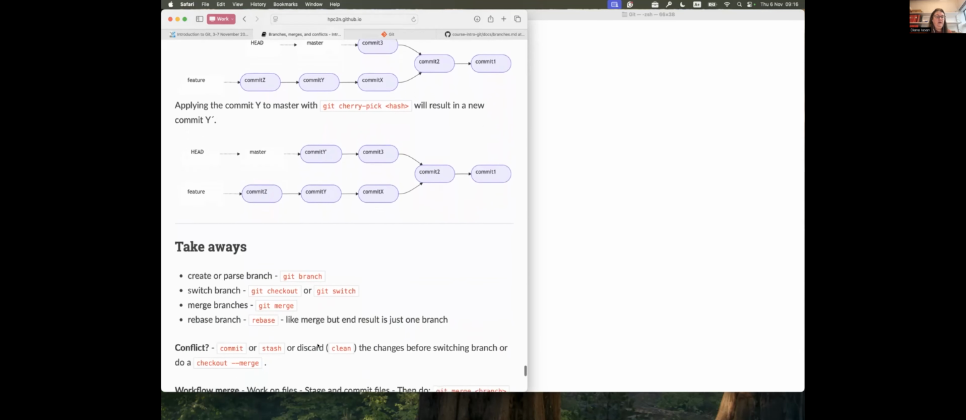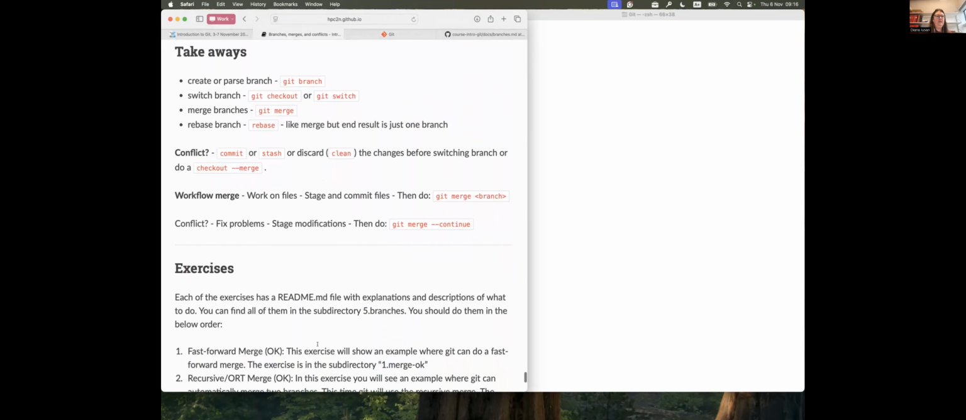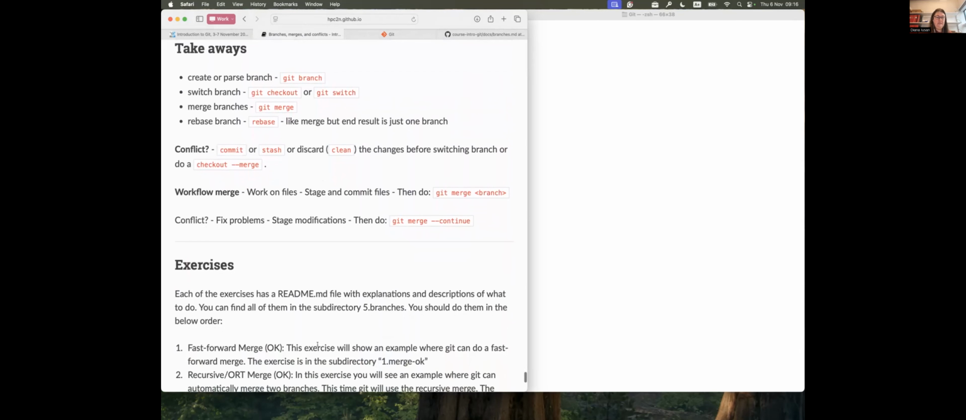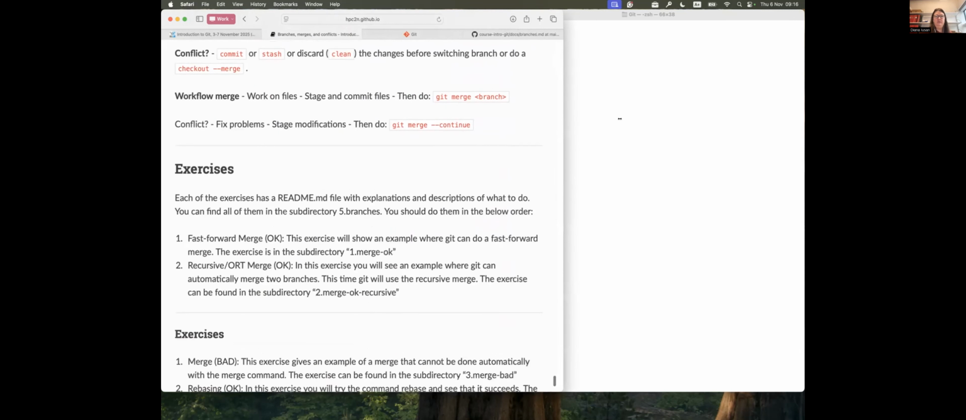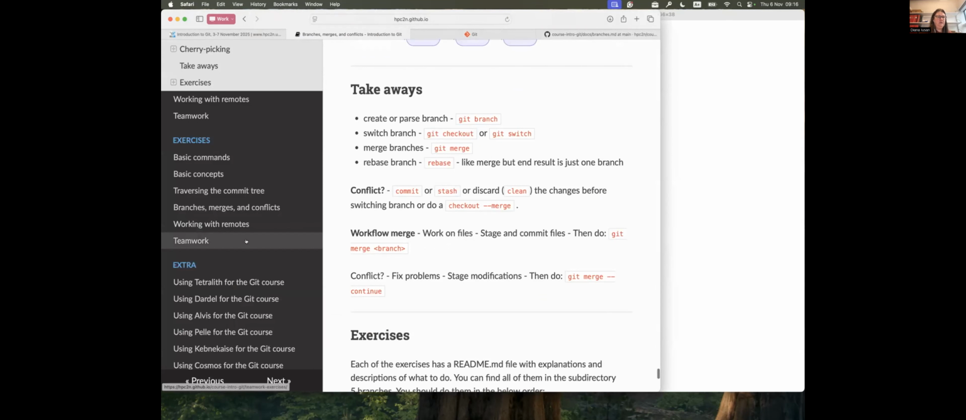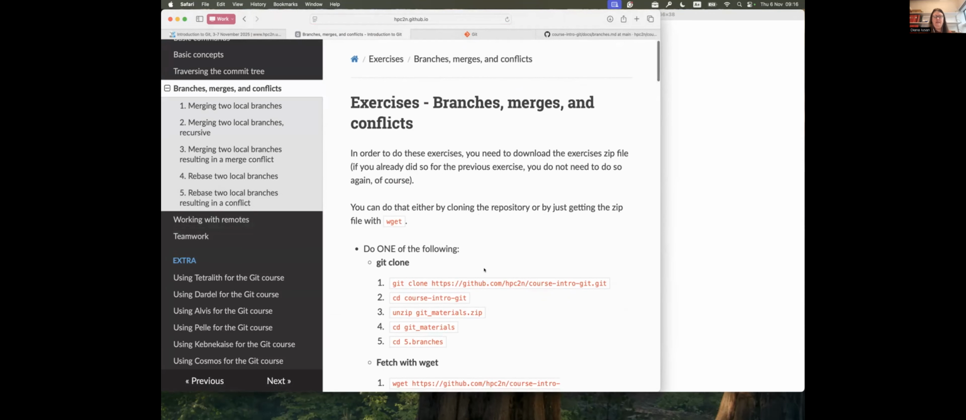Okay, so now it is time that we do some exercises. And if you find them again, let me just move this a bit to the side. They are all under exercises, branches, merges, and conflicts. And if you are comfortable to give that a go on your own, then